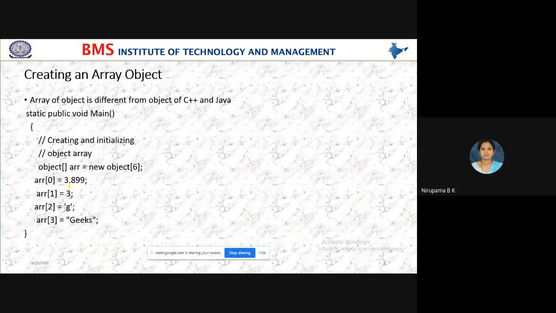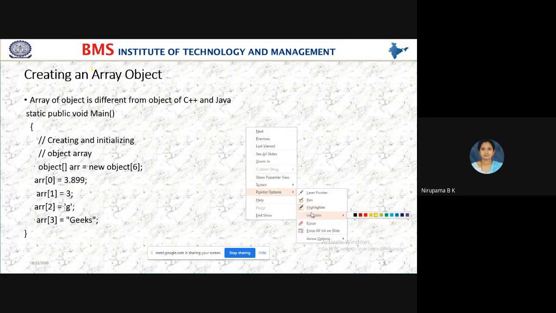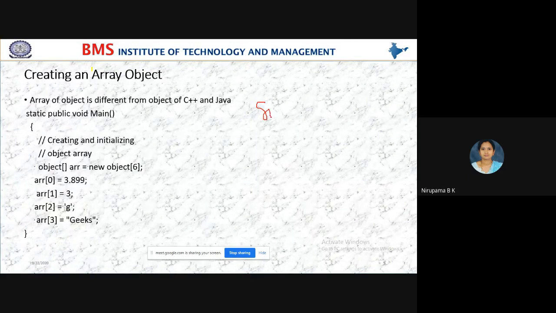Yes, students, in the first module we have seen that there are two types of arrays: a static array and a dynamic array. In a static array, the size of the array will be given during compile time only. Compile time is nothing but when you write a program, at that time only you give a size. But in the case of a dynamic array, students, you see this, the size is empty.